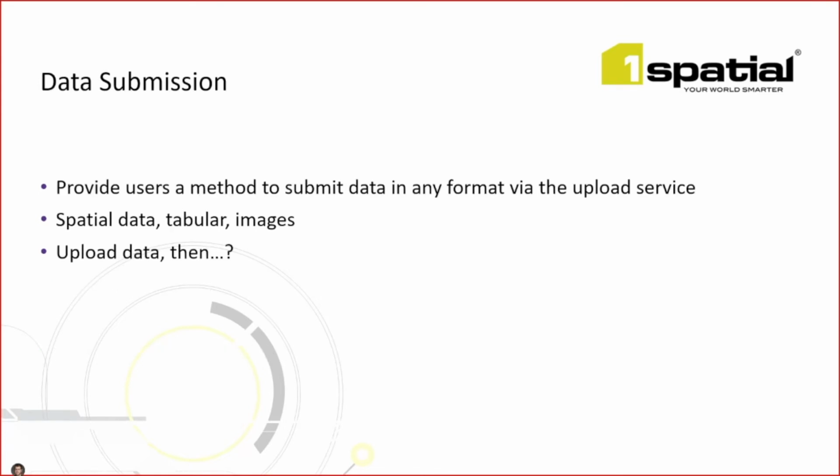So the first one I just want to draw your attention to is around data submission. So this is really about giving users, whether they're within your organization or perhaps outside your organization, the ability to submit some data using FME Server and the upload service. What they're submitting may be data that you're looking to ingest and do something with. It may also be data that doesn't actually need to be utilized by FME to update any spatial data or to write in anywhere, but you're just using FME Server as a quick and easy way to ingest that data